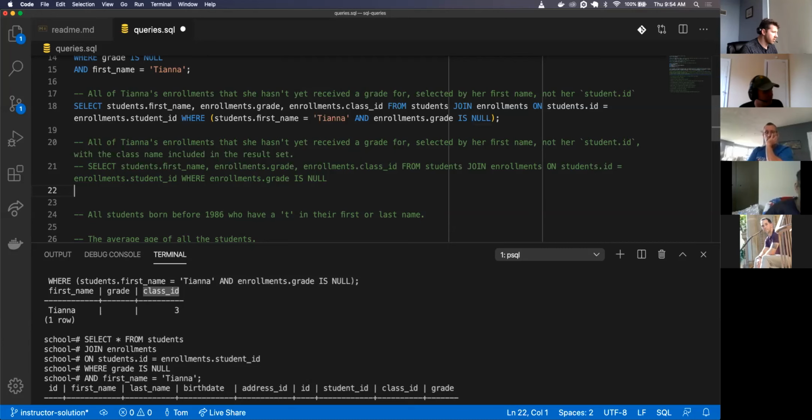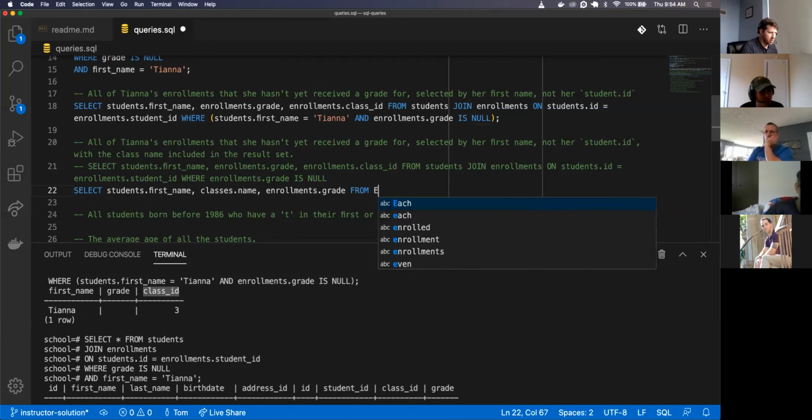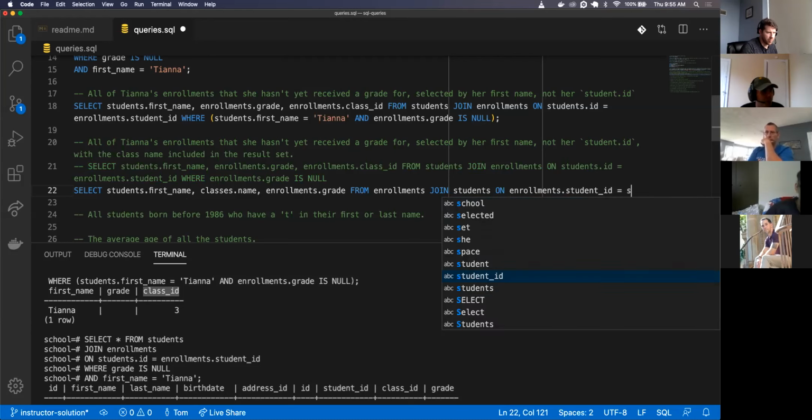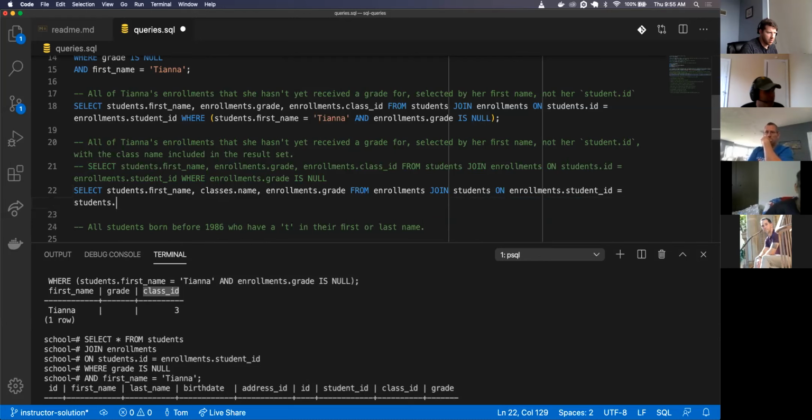It'd be select students.first_name, classes.name, enrollments.grade from enrollments, inner join, or just join if you want to save space, students on enrollments.student_id equals students.id.